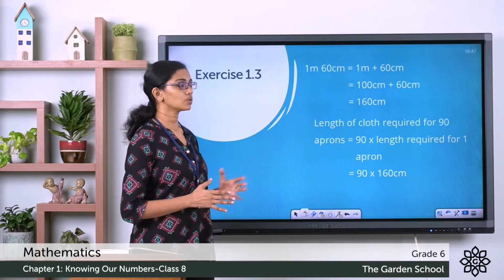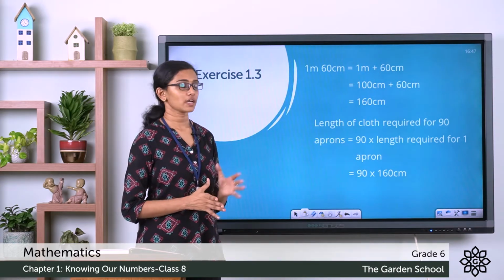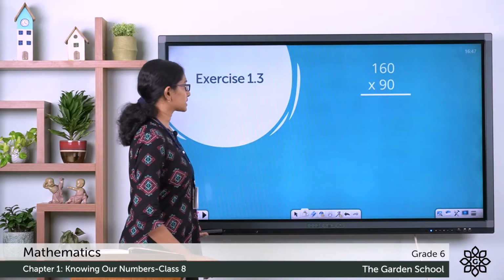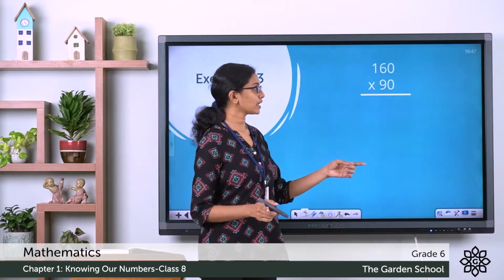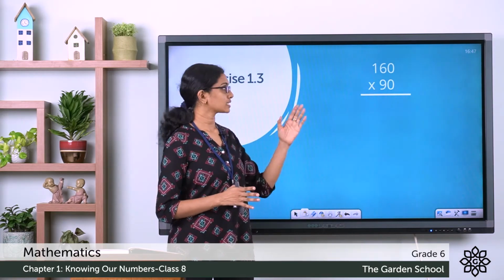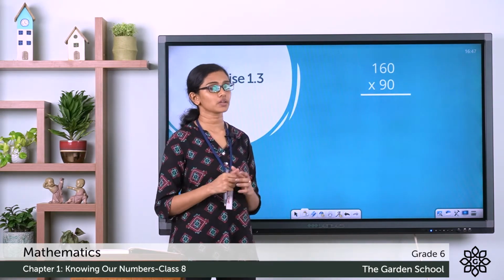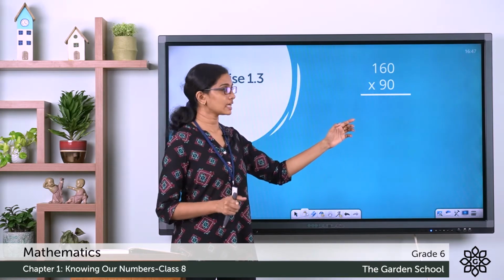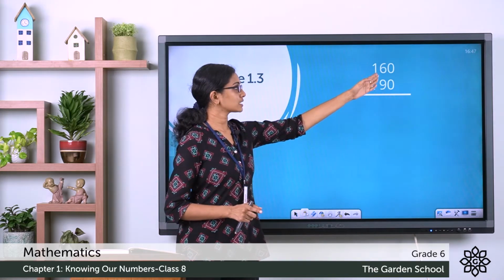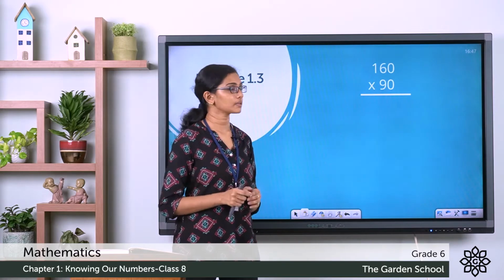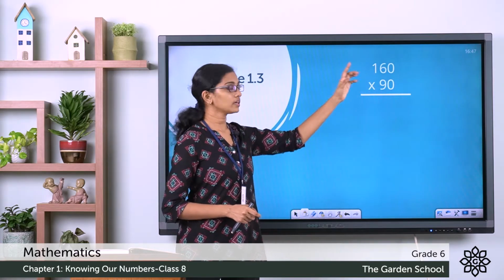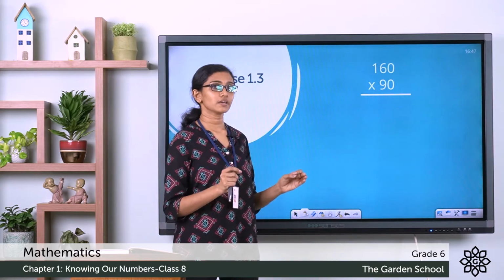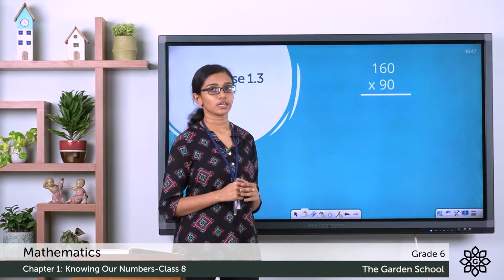Here we have to do the multiplication. So, you have to do this multiplication in your working column. Have the numbers written in proper places here. Make sure the ones and the tens and the hundreds are all in proper columns. The ones digits should come within the ones column itself. The tens digits here, the 6 and 9 should be in the tens column itself, and here 1 should be in the hundreds column. Pay attention to the places whenever you are doing any calculation.